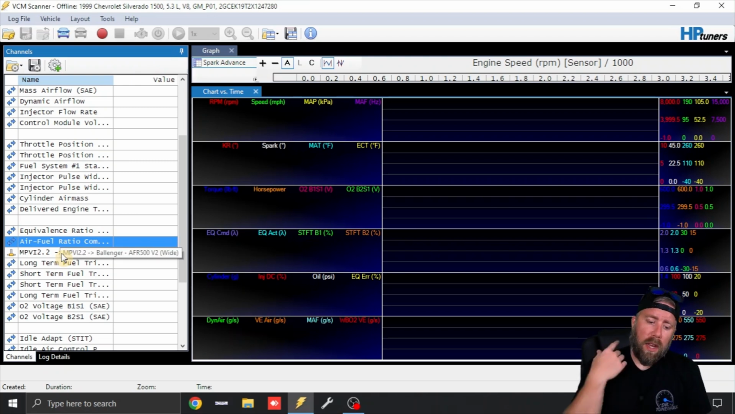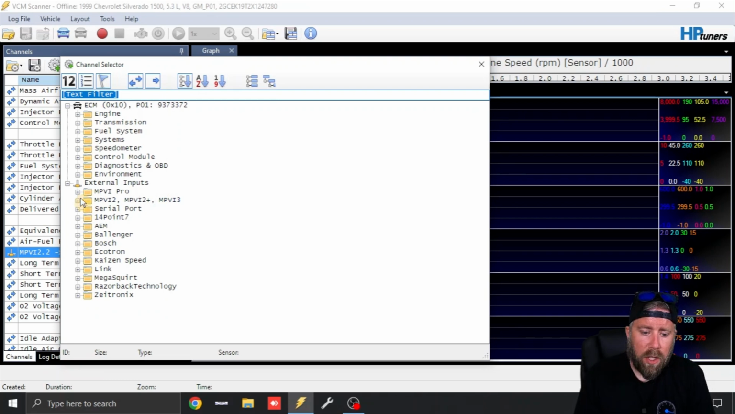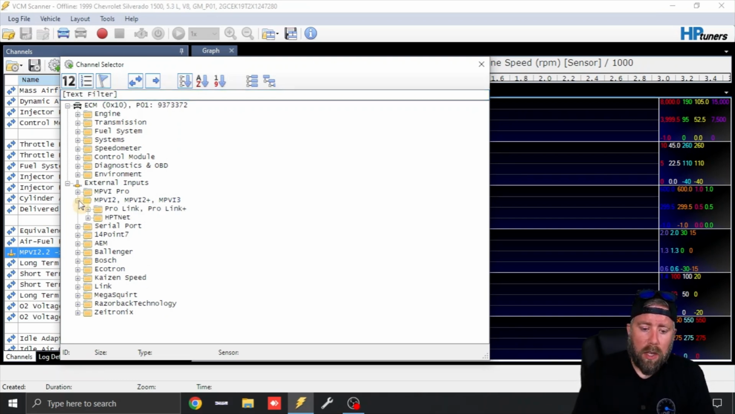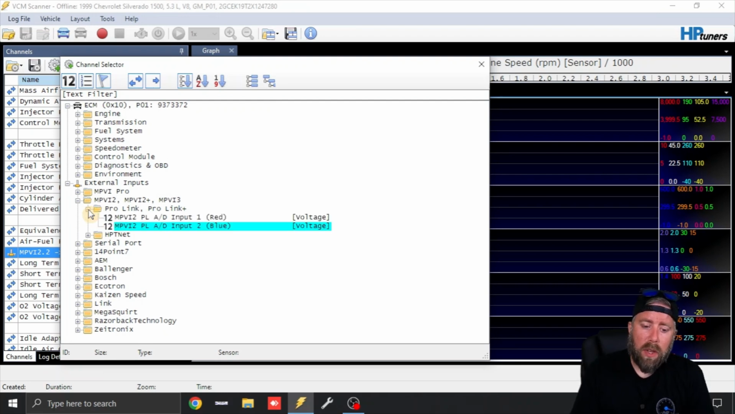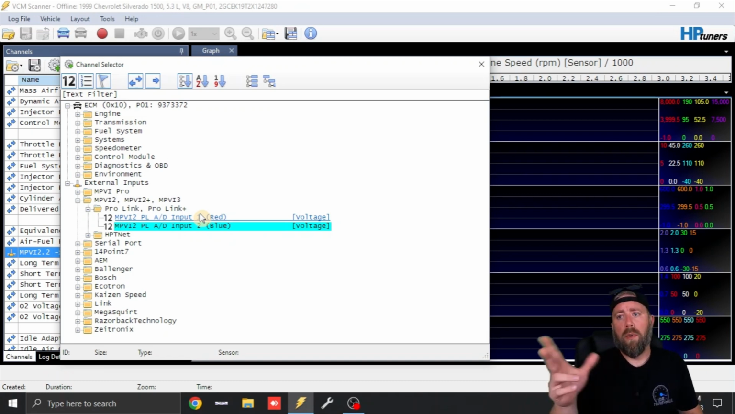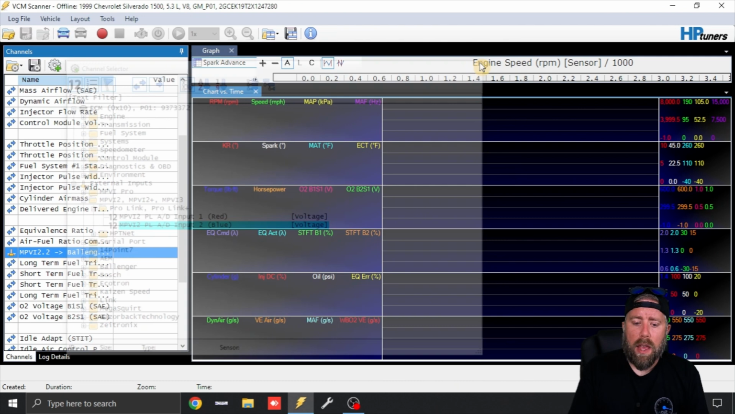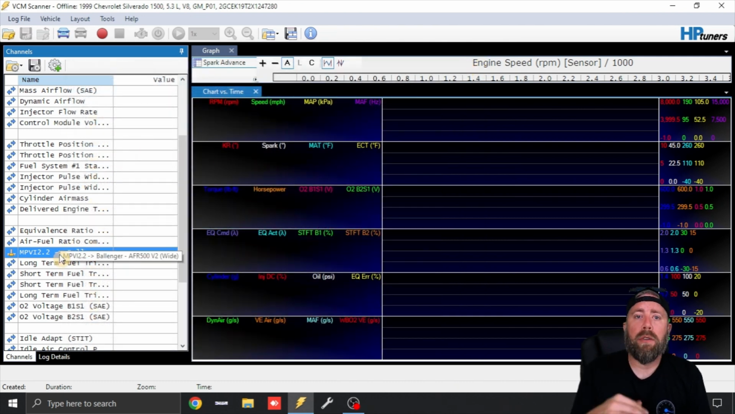My next one is my wideband. If you guys need to understand how to input a wideband, all you've got to do is you right click, you add channel, and you will go under this MPVI2 or ProLink. You will click this, you will click ProLink, and then you will double click on whichever one yours is wired to. So if you have your wideband wired to the red and black or the blue and black, you'll click whichever one's correlating with this,